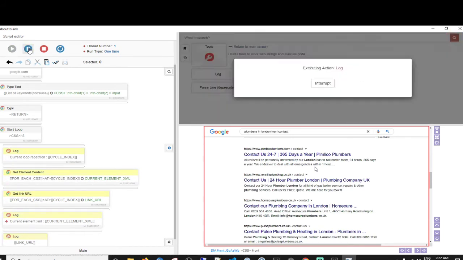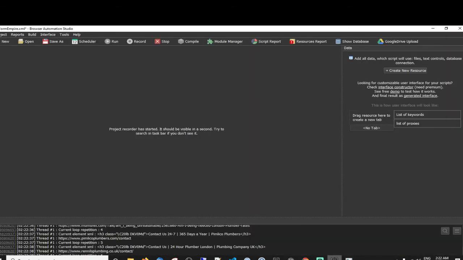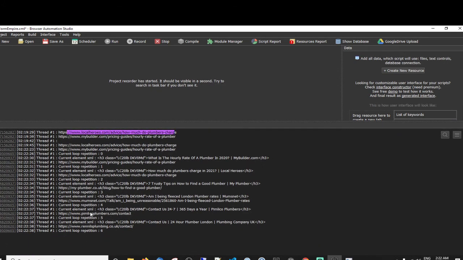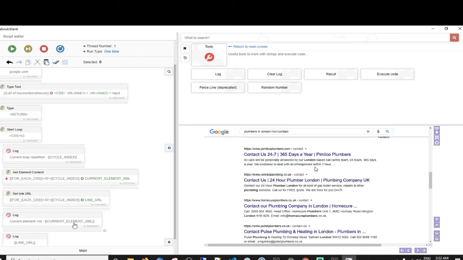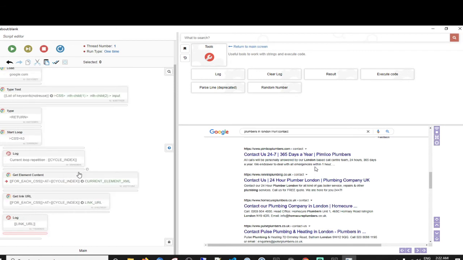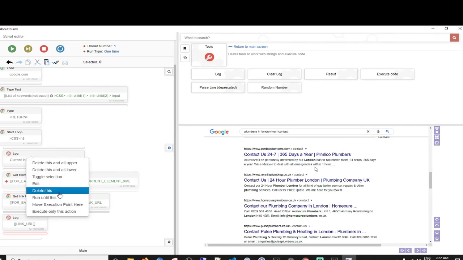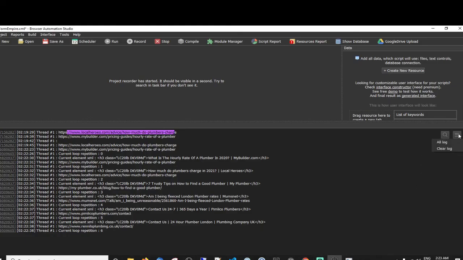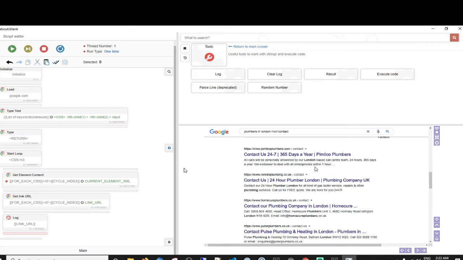Get a few of them tucked in. Yay, that's better. So let's get rid of this. How many loops are in the repetition? Okay, so let's clear the log too, so this becomes a bit more clear. No pun intended. Right. Let's come here. So let's go through this a couple of times.